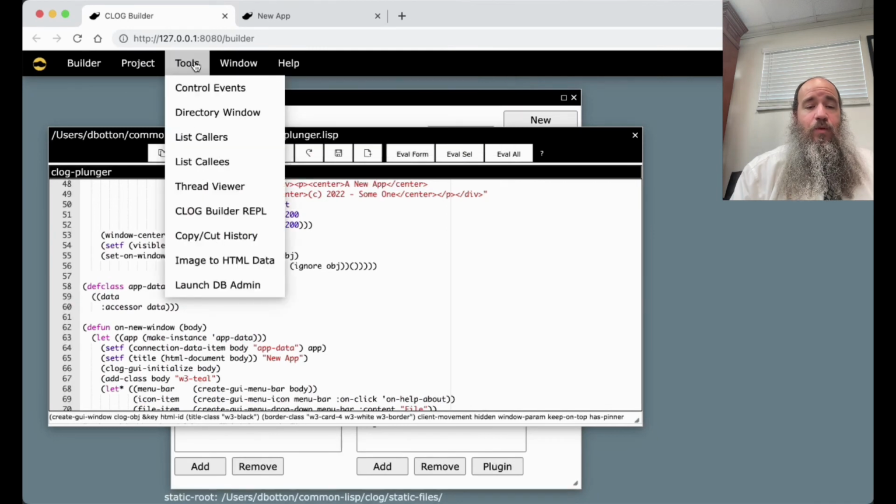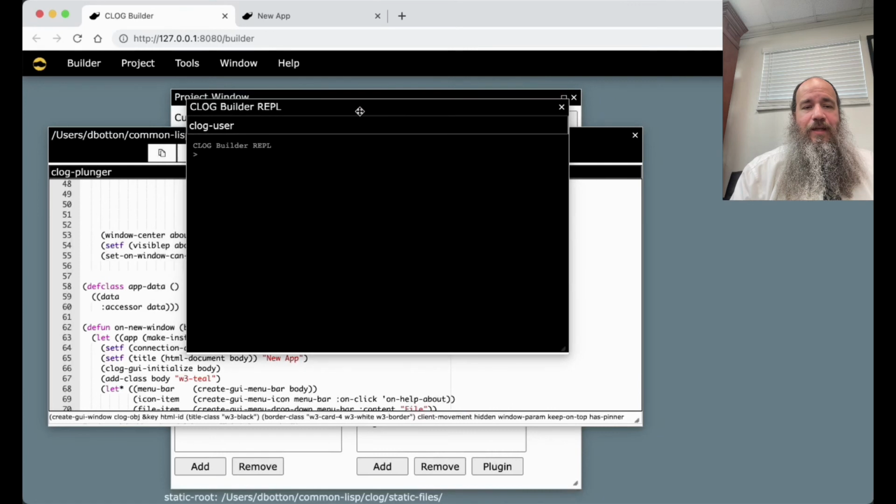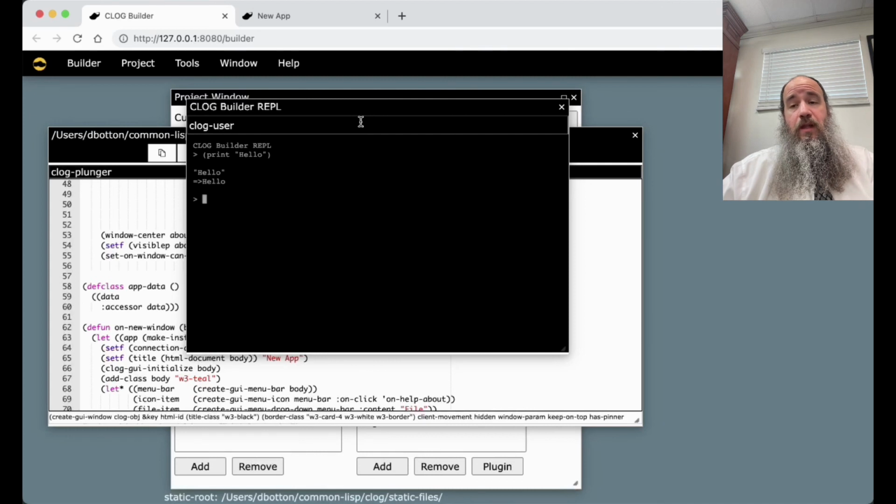Since we're already talking about this idea, CLOG actually has a REPL, the same sort of environment that you're used to with Emacs and Slime, although this is really not as powerful, not yet at least. Maybe at some point I'll keep developing it, but the major idea behind CLOG is to be a tool as part of your development environment, which may or may not include Emacs and Slime. I find it quite comfortable just using this environment that we've set up here